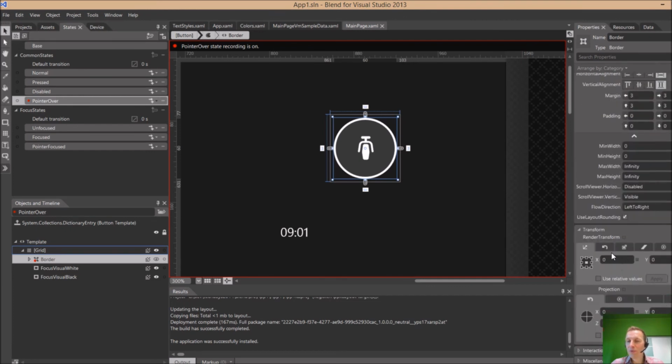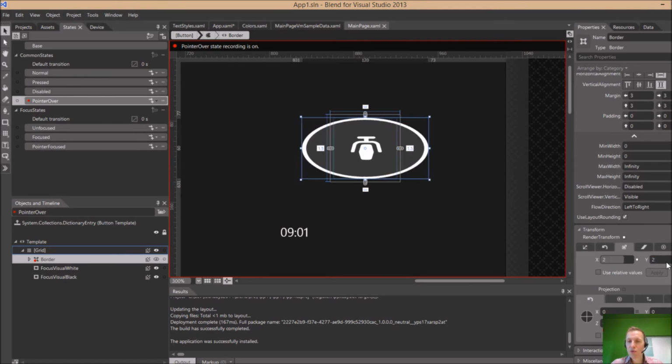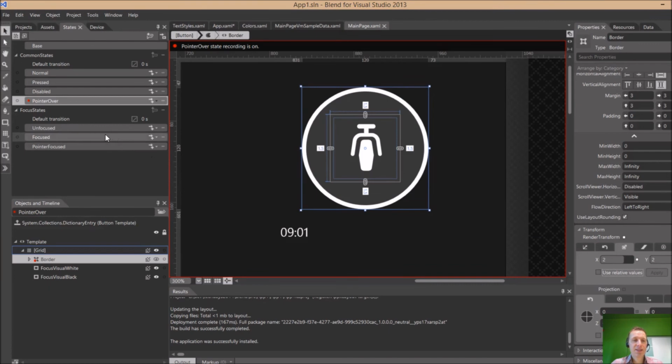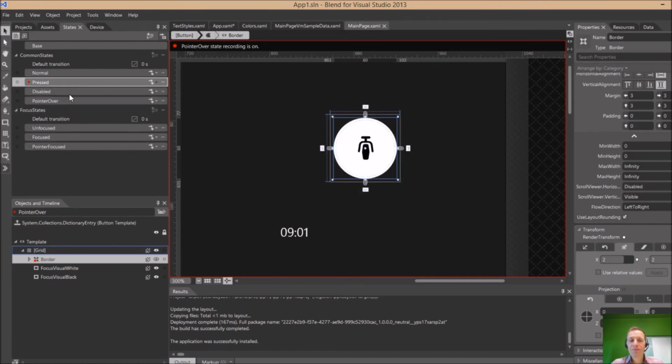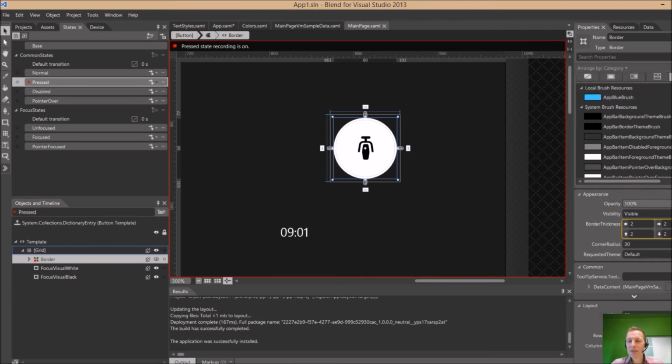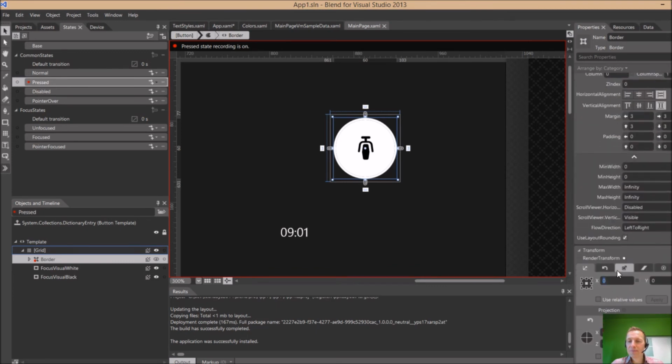So when I put the pointer over, I'm going to blow it up to twice the size. Nice. That's really nice. And when I press it, I want it to be the same size as with pointer over,